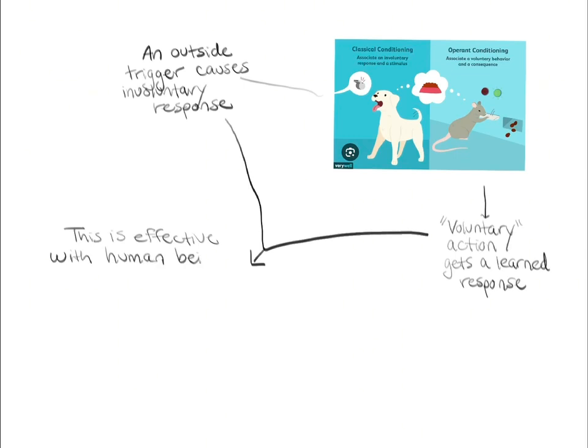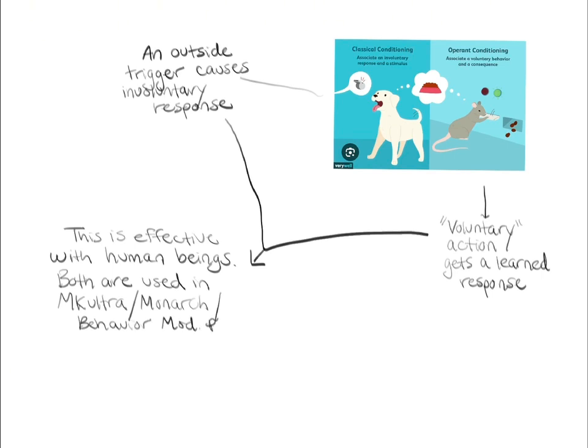And this has been studied for a long time, and a long time ago, people understood that this could be used on human beings as well. It works very well with children. It works very well with humans in general, but especially kids. And both are used in MKUltra and Monarch behavior modification programs,